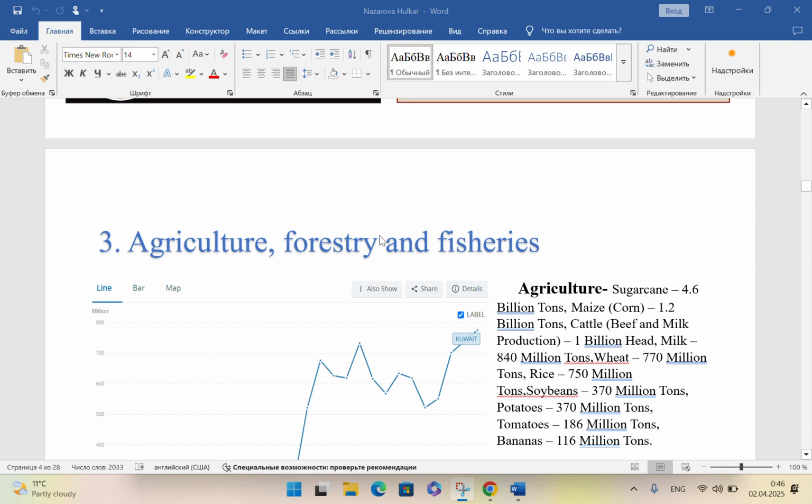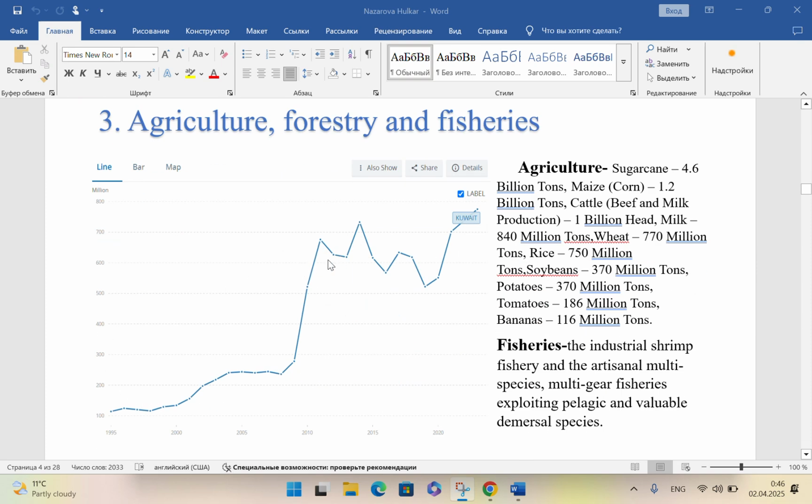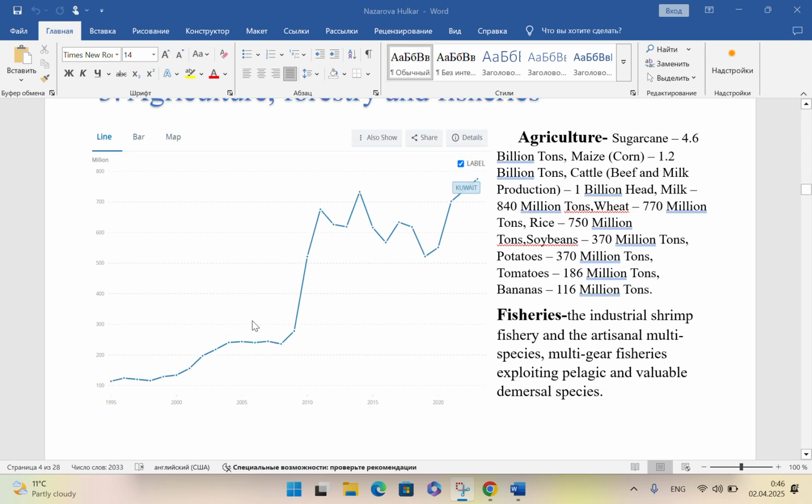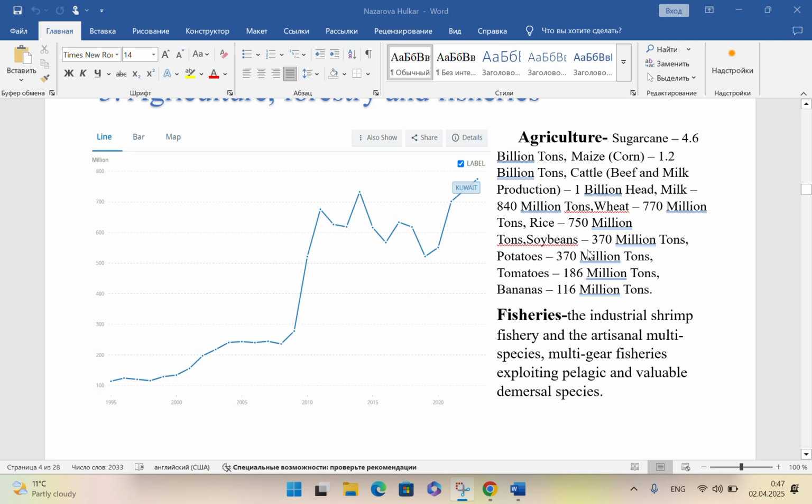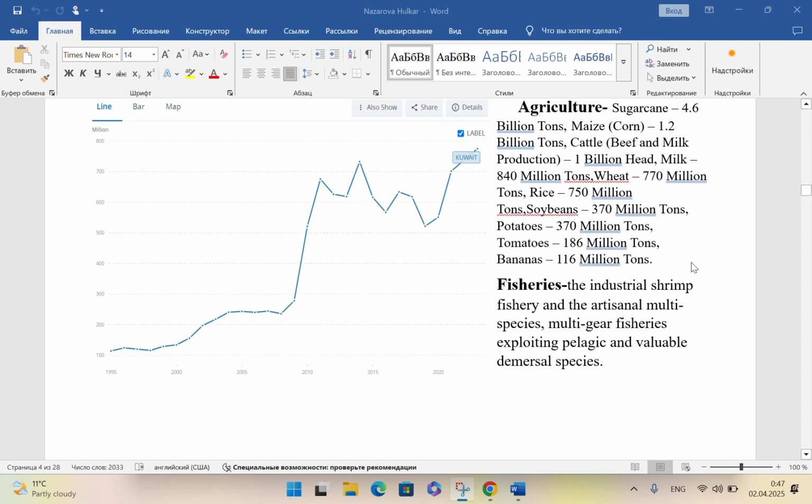So the third one is agriculture, forestry and fisheries. There, as you can see, I got this from the World Bank Open Data. Agriculture in Kuwait is most popular with sugarcane, maize, cattle, milk, for example, and wheat and rice, soybeans, potatoes, tomatoes, and bananas. As you know, in Uzbekistan most of the bananas are imported from the Arab countries, even Kuwait. So fisheries: the industrial shrimp fishery and the artisanal